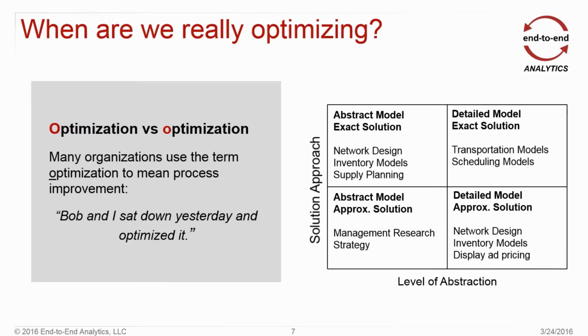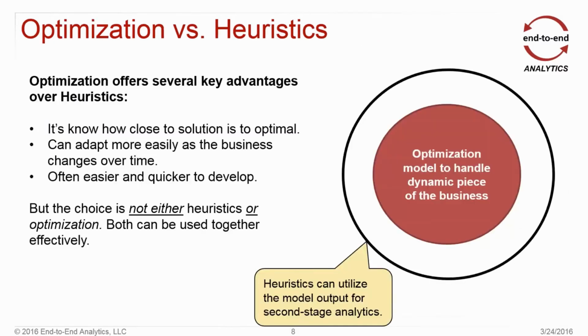If you have a problem which changes in nature and you have a heuristic built, very often you have to rework that entire heuristic to be able to come up with what you think is a good solution. But unlike optimization, with heuristics, you don't know how close you are to optimal. Of course, that's one of the benefits you get with optimization. The other thing I want to point out about optimization is it's often quicker and easier to develop than a heuristic approach.